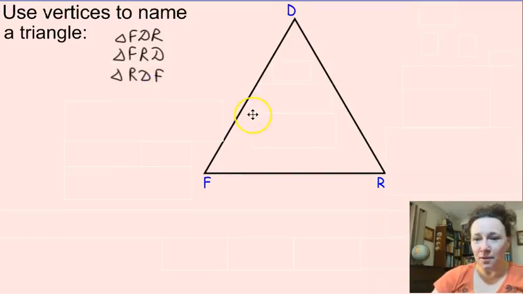And a third, but not last, possibility is RDF, which implies that I picked a different vertex to begin the name with. Please understand that when you name your triangle, and I'm gonna highlight it so everybody sees it,